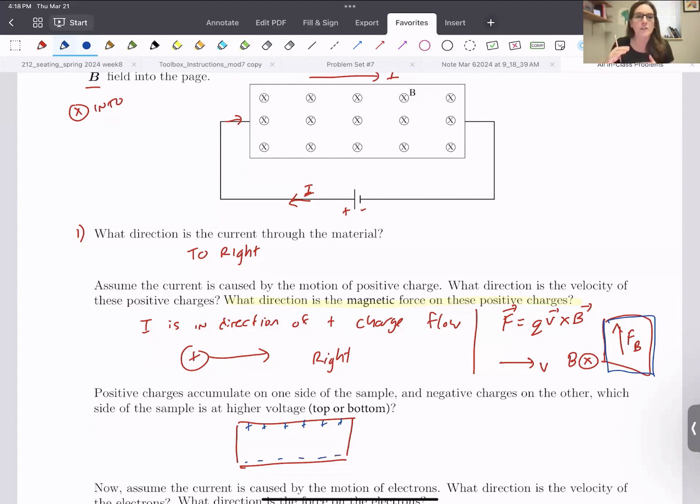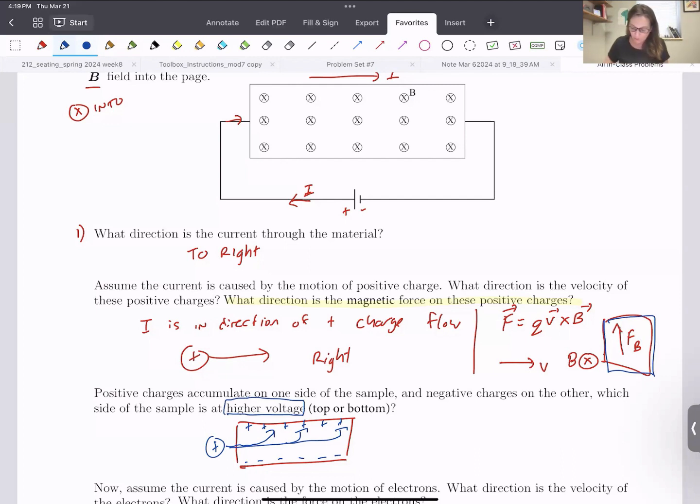So I've effectively created, from the motion of all of these positive charges in my current going up with this net magnetic force, a separation of charge, which creates my voltage